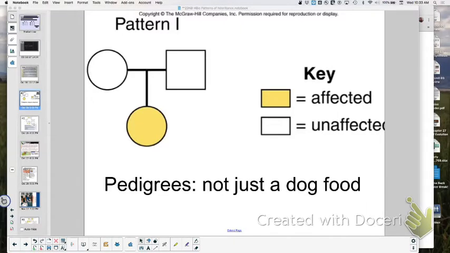Hi, this is Miss Litton, and this is my wonderful Period 4 Honors Bio class. Say hi. Hi. And how many did we say we were down? 8. So we're down like